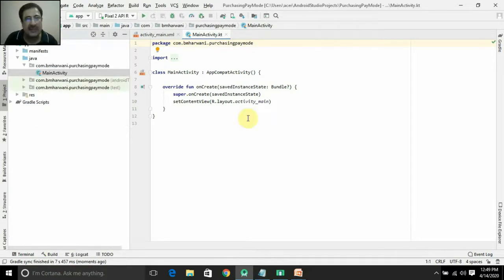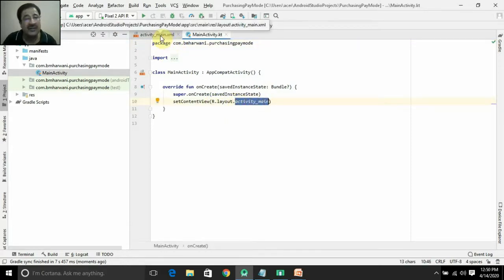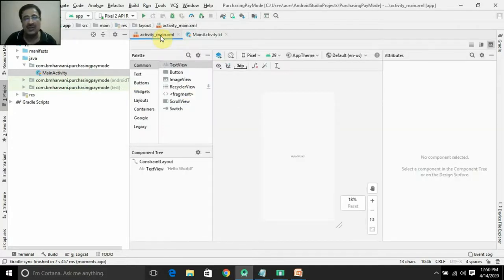As we have discussed earlier, 2 main files are always there in every Android app. One is your MainActivity.kt. This loads your layout file, activity_main.xml. This is my layout file where we design our GUI. This GUI will have the default text view component, as the text view component is provided with the empty activity file. And you can see that this text view component is very small.